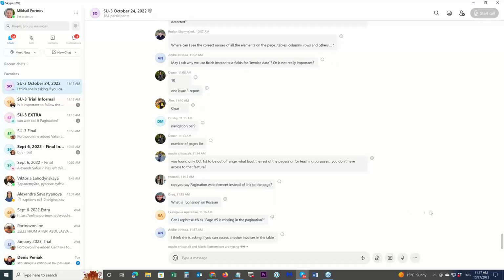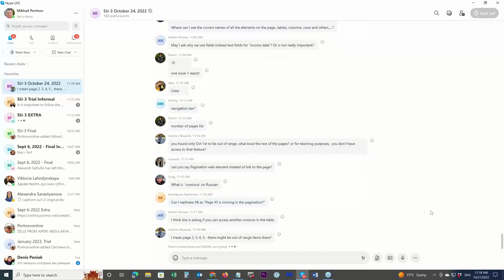What is concise in Russian? Concise. Can I rephrase 8 as page number 5 is missing in the pagination? You can say that, as long as people understand you, definitely.